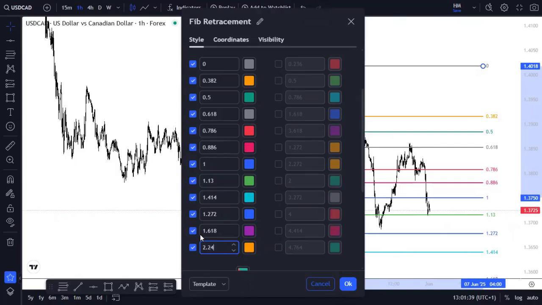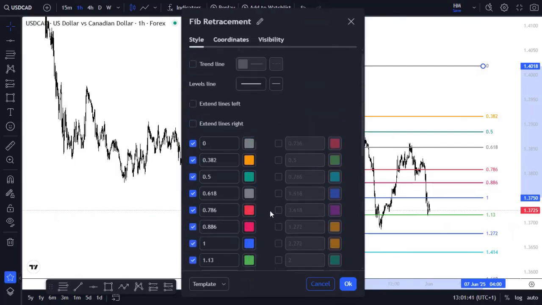And then we have 2.618, 3.14, and 3.618. Then we also have the 1.902 as well. Then we'll have the 3.14, and then we'll have the 3.618 for the